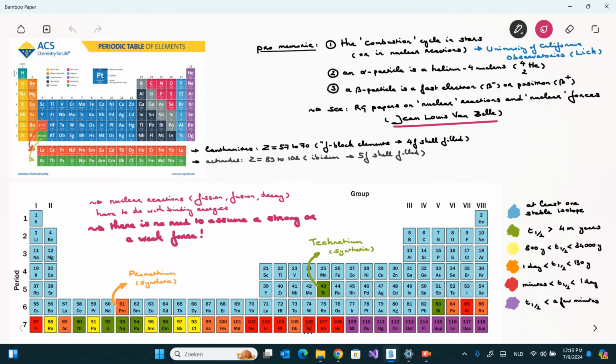And so the main thing to look for is to study that combustion cycle in stars. Then you will learn everything about nuclear reactions. Also study how breeder reactors work, how nuclear fission works, and how the hydrogen bomb actually works. There's so much stuff that is going to teach you what a binding energy actually is,